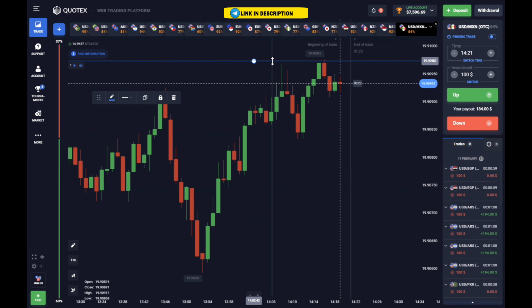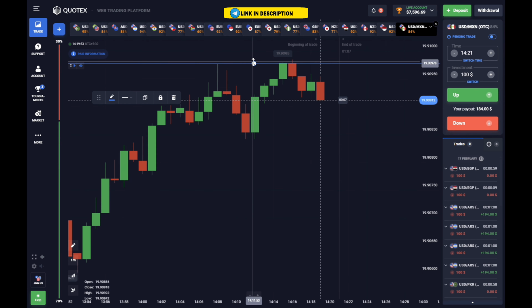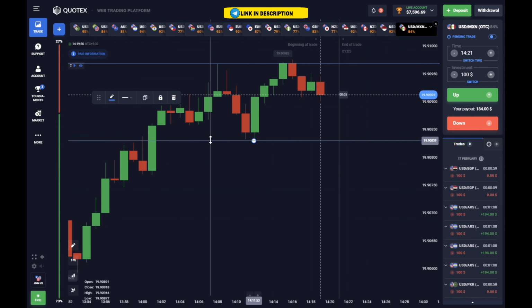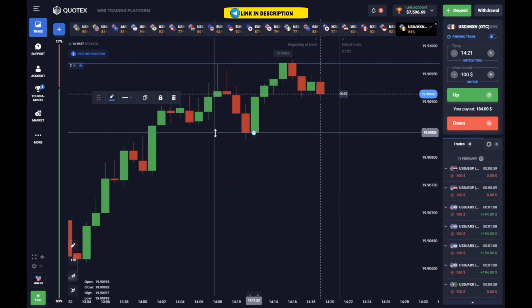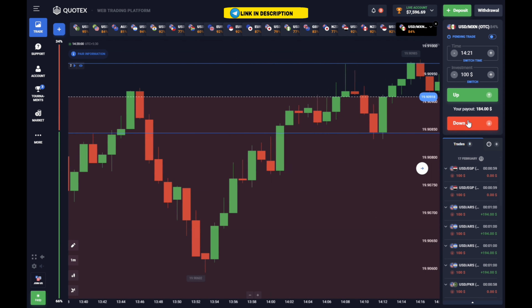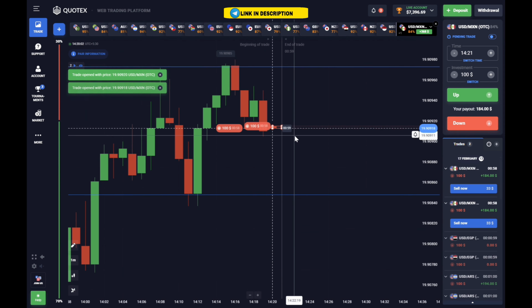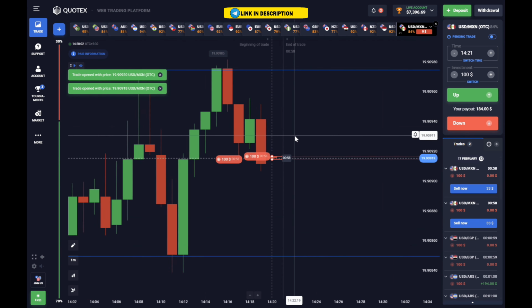For now, I will wait a bit here and wait for the candle to close. Only after that will I place a trade. So for now, I have marked the minor support and resistance levels, and here I have placed a double trade. In the downward direction, there is quite strong resistance on the upper side. The market is turning bearish and it will keep moving down until it tests its support level below.